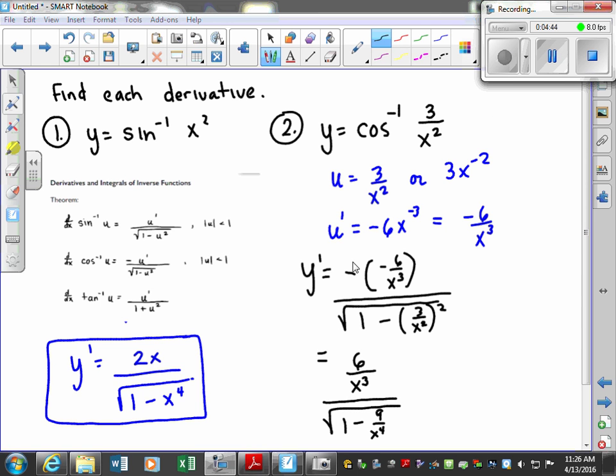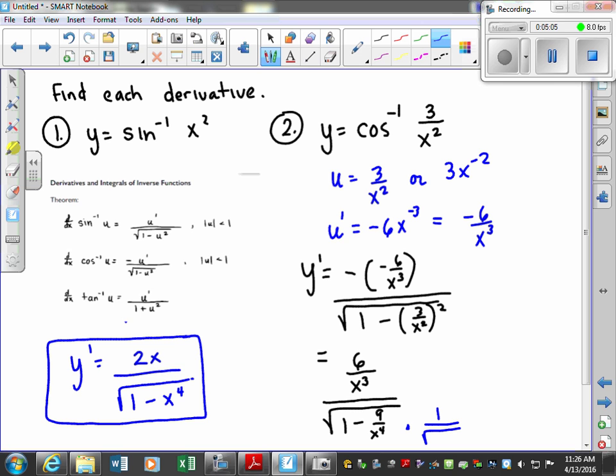Okay, if we simplify this a little bit, negative times a negative is a positive. I'll leave this as my numerator. I simplify my denominator. 3 squared is 9. X squared squared is x to the 4th. Now, if I multiply this by the reciprocal, then that would just be 1 over